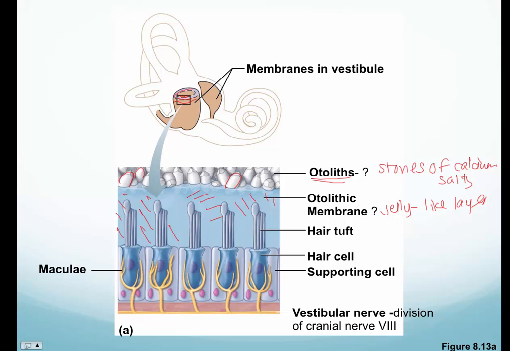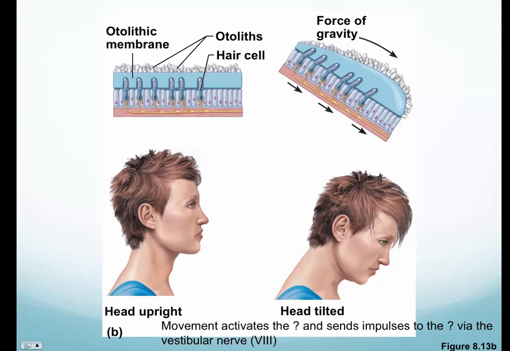Now, embedded in here, we have this layer of cells. Here we have the macula. Here are our hairs, so the hair cells and hair tufts, and all these hair tufts are embedded within our otolithic membrane. Now, what happens anytime we move our head? Here your head is upright, and you're going to move your head downwards. What happens? Well, these otoliths, because they're made of those stones embedded within your otolithic membrane,